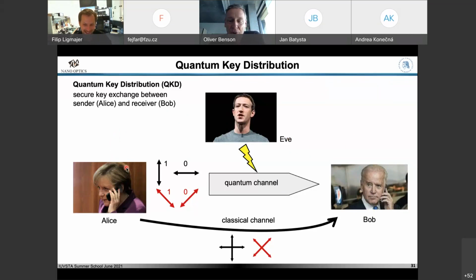Yeah, I don't want to go into detail here. So the key idea is basically that Alice uses individual quantum objects like photons here, and if an eavesdropper wants to gain any information, he or she has to perform a measurement on the photons. And quantum mechanically, a measurement disturbs the individual quantum systems, and this Alice and Bob can detect later as an enhanced error.